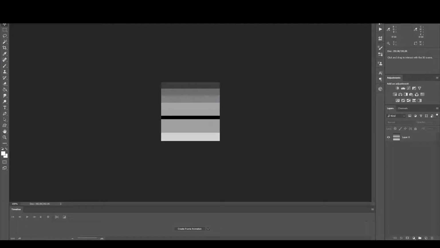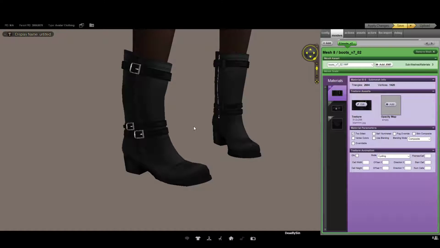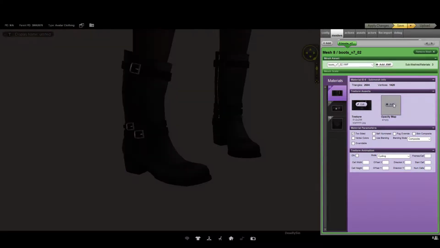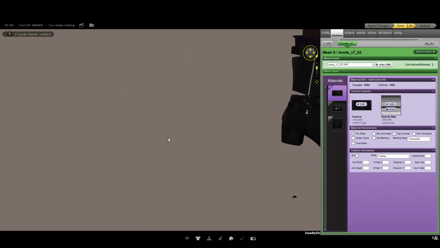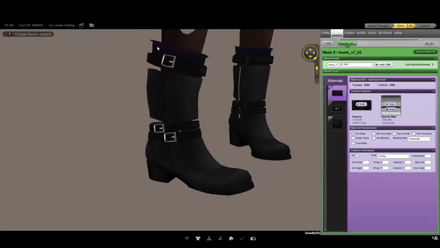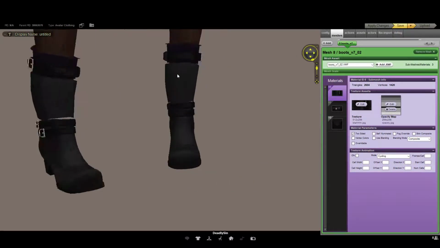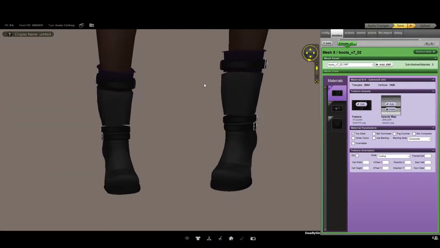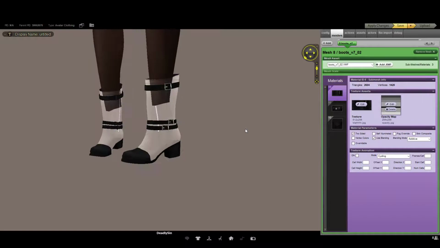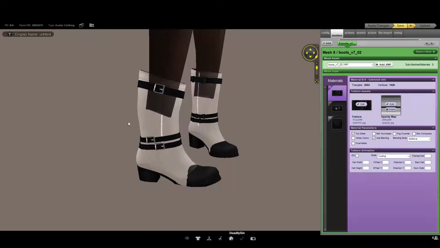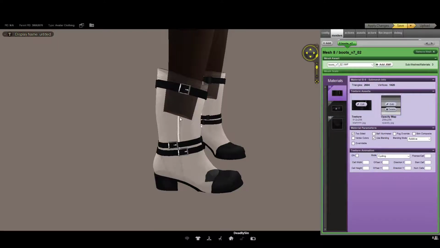Okay, so when we go on IMVU now, there are a few things to notice here. On the texture there is this square over here called opacity. So let's see what's going to happen when we use the first opacity, which is this one. I'm going to apply the changes. As you can see right now, the darkest parts, it thinks it's black, some of them, and it just cuts them off. But if we use the blending mode over here, and right now we're going to use additive, we get a transparent boot that's very bright, and everything is one